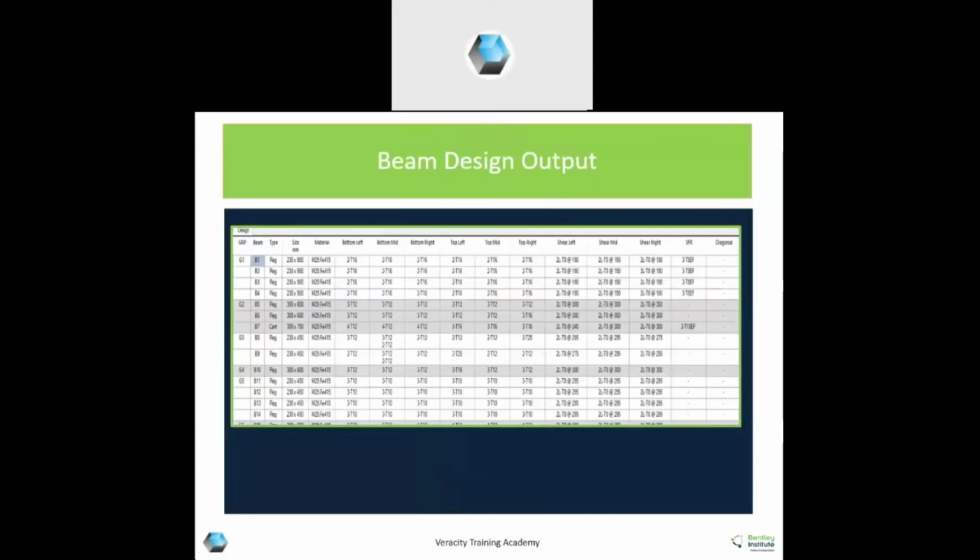In beam design output, this is again a file which can be extracted to Excel. In beam design output, you get 3 values, left, right, and mid at bottom. And for top also, you get 3 values, top left, top mid, top right.